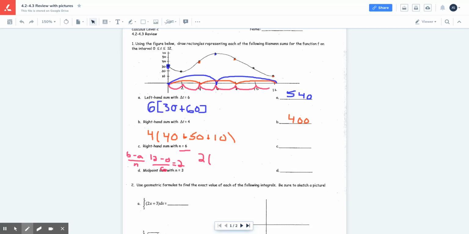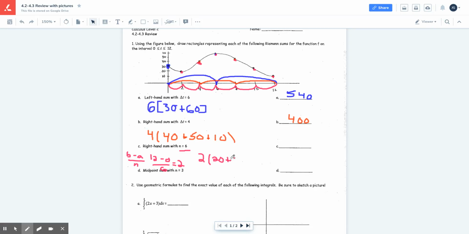All right, so every 2, just like that. All right, so 1, 2, 3, 4, 5, 6. It is a right-hand sum, so we're going to take the right-hand height, which ends up being every single y value except for the first one because we don't want the left hand. If it had been a left-hand sum, we would use all of them except the right. So we go through and take all of the